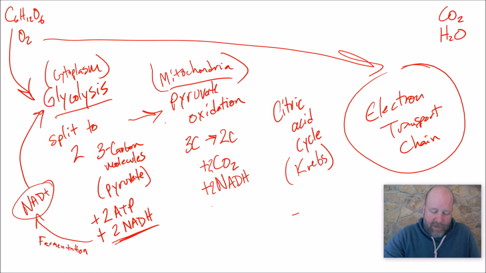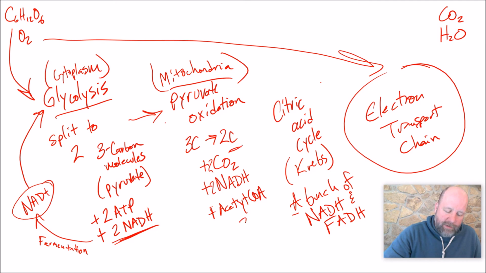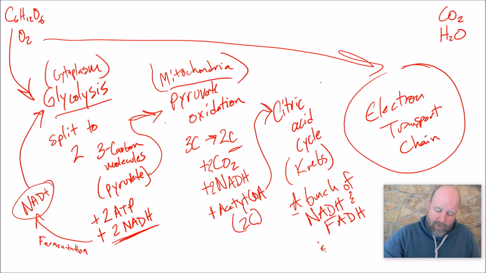Then we're going to do the citric acid cycle, and we're going to get a bunch of NADH and an FADH for each 2 carbon molecule. Right? So this is going to be acetyl-CoA. That's that 2 carbon molecule. That's going to the citric acid cycle. And a few ATP. I don't remember. It's 2 or 4. It's not very many. So we don't have much ATP at the end of this, but the electron transport chain, and I'm going to jump to the next slide here,